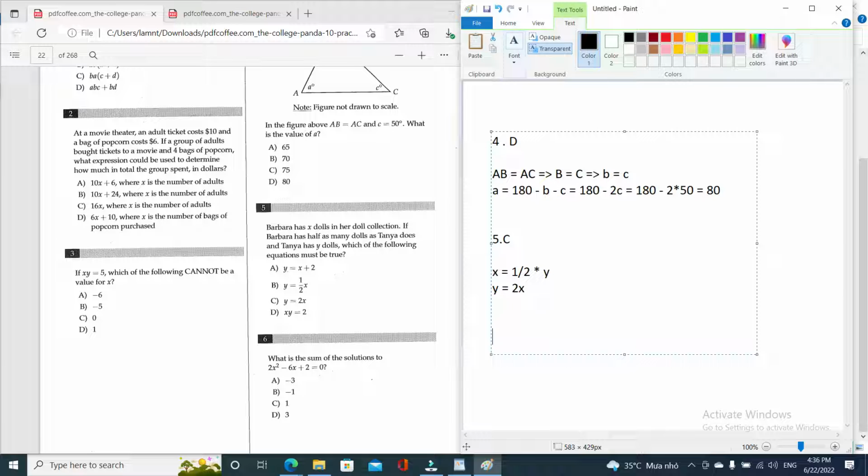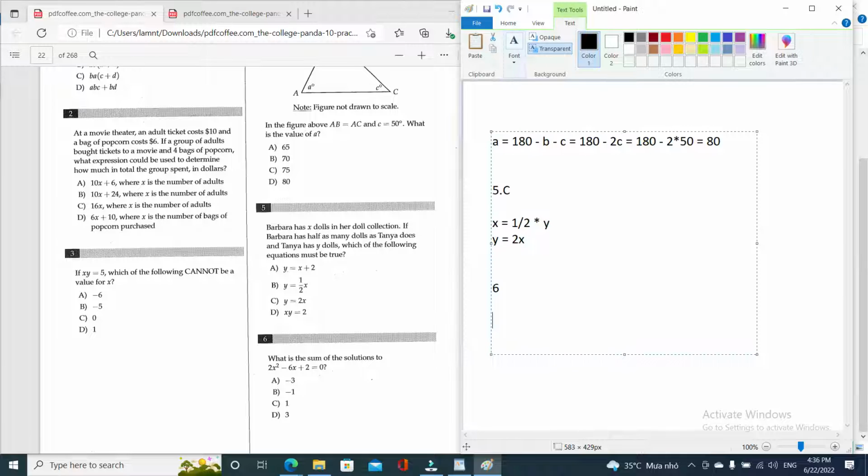Okay. Number 6. Okay, so we are given a quadratic equation: 2x squared minus 6x plus 2 equal to 0. In any case, if any quadratic equation at all, ax squared plus bx plus c is equal to 0, if the equation has solution